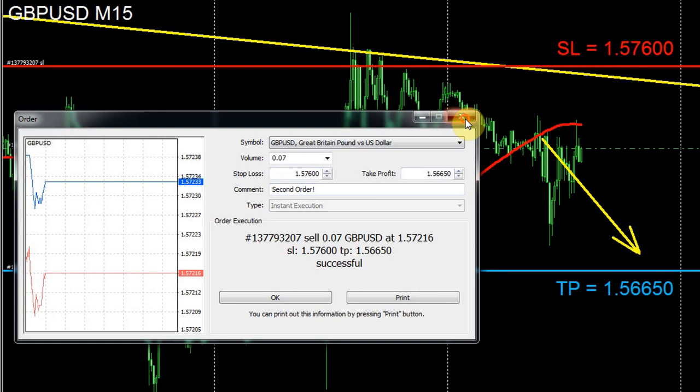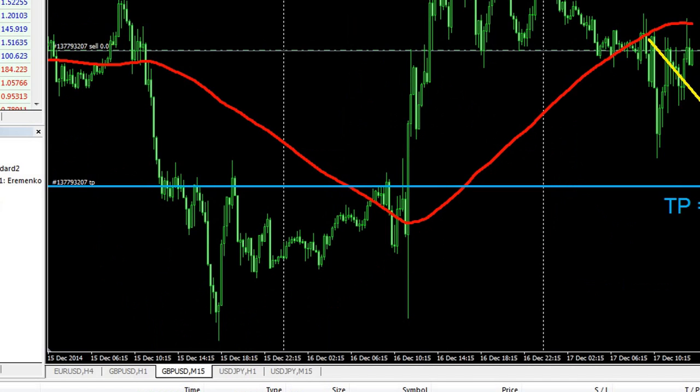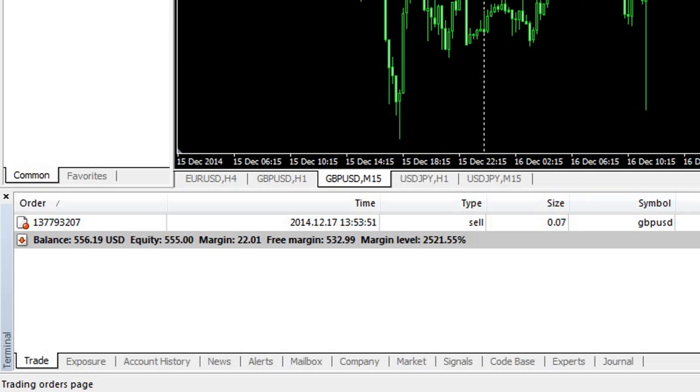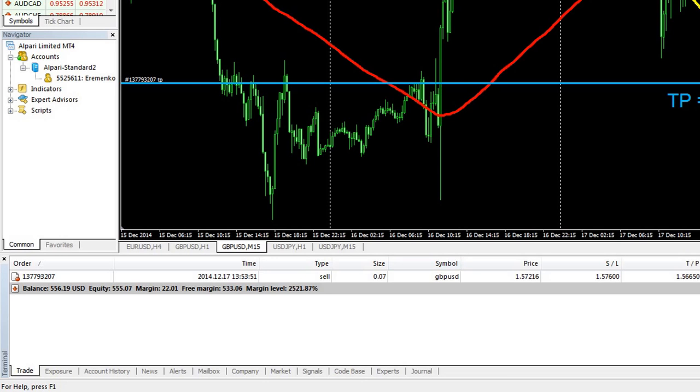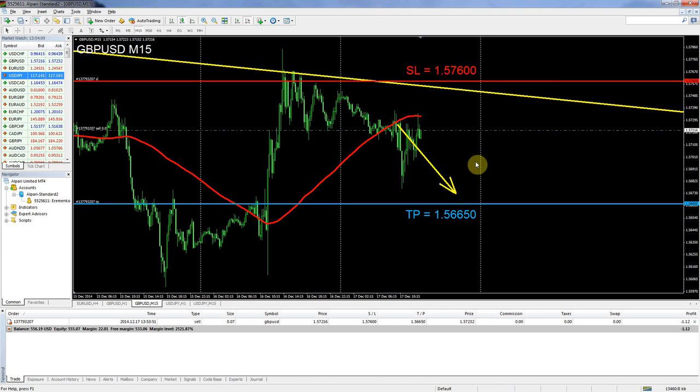We can close this now, and as you can see here, our order is in our terminal in the trade tab. So we're going to leave this order for a couple of days and then come back and see how it's going. Hopefully it won't take long, because this is a 15-minute time frame, and we're talking about movements of about 55 pips and 38 pips. So hopefully the market does go downward in this case, and we'll catch up again in a couple of days to